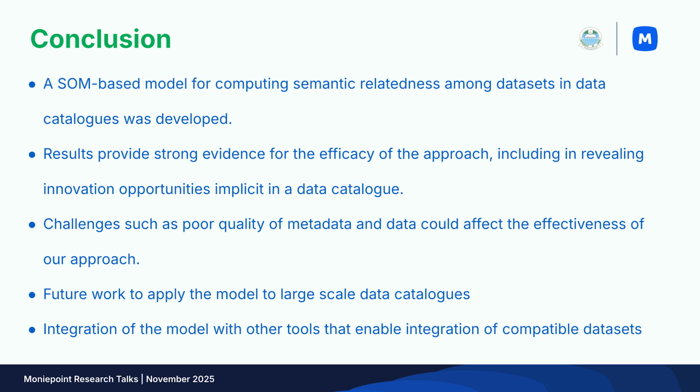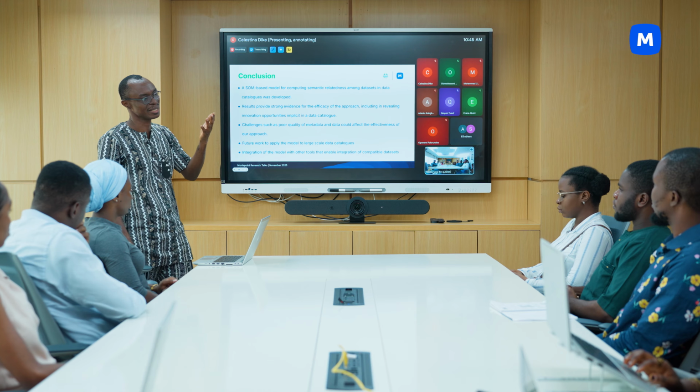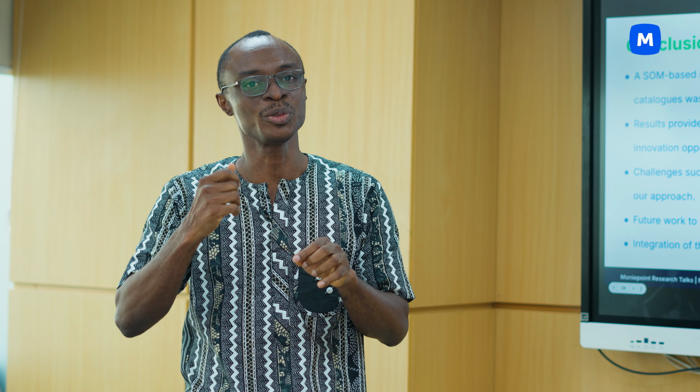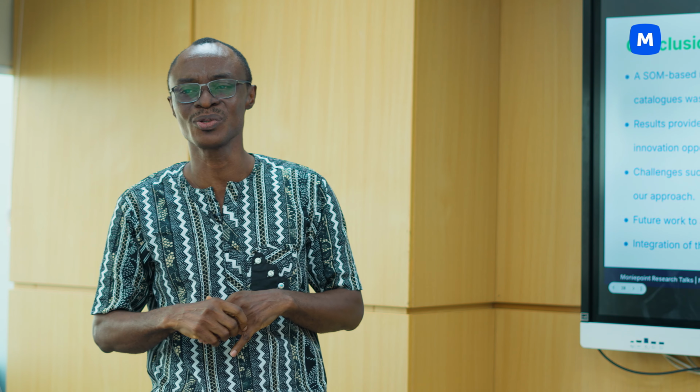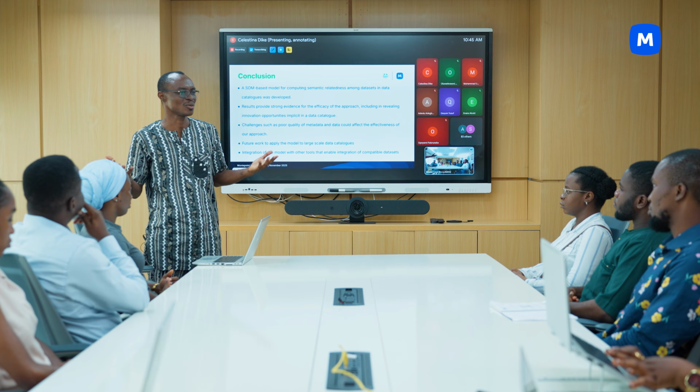Now, you can actually address challenges such as poor quality of metadata, because people don't want to, but the poor quality of metadata may affect the effectiveness of our approach, because we relied on the metadata. Basically, we are relying on the description of whoever described it, his judgment in naming his fields, and so on. Possibly, rather than looking at just the metadata, can we look at the content itself? It would make more sense. A lot of things will not change,